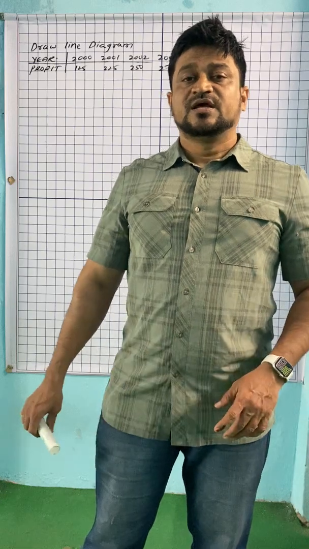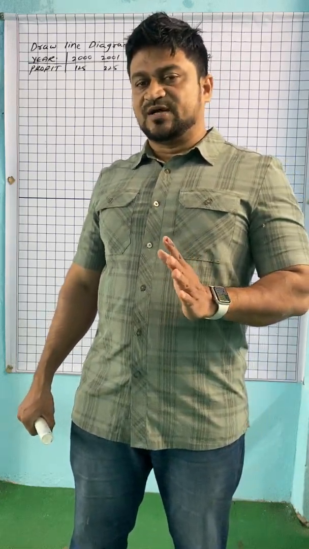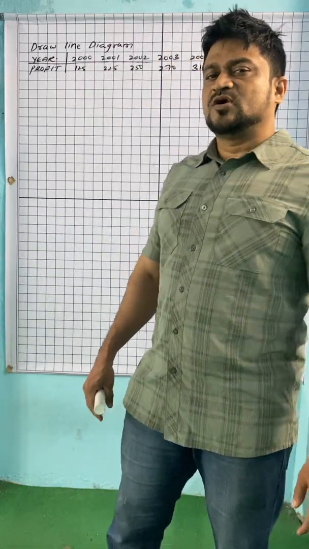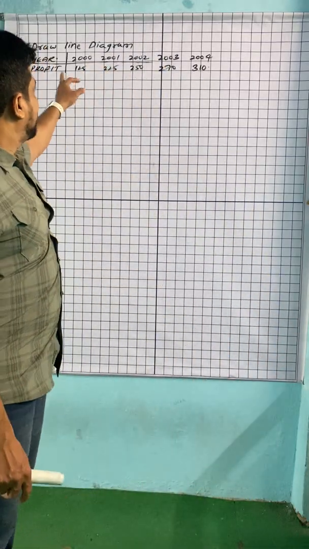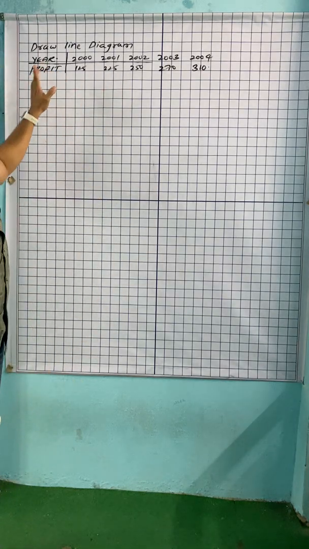Everyone has to listen to this carefully, because whatever you have done in previous classes, maybe you have done histograms in 10th class, now we have quite a similar thing. But because you did it a long time back, you need to remember the graph concept, how to draw and all. Now to draw a line diagram, what are the things given to us? Year and profit are given to us.